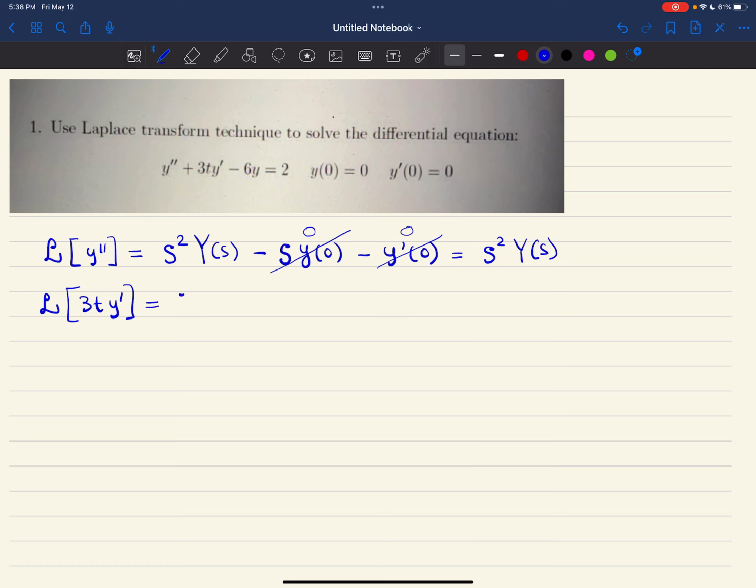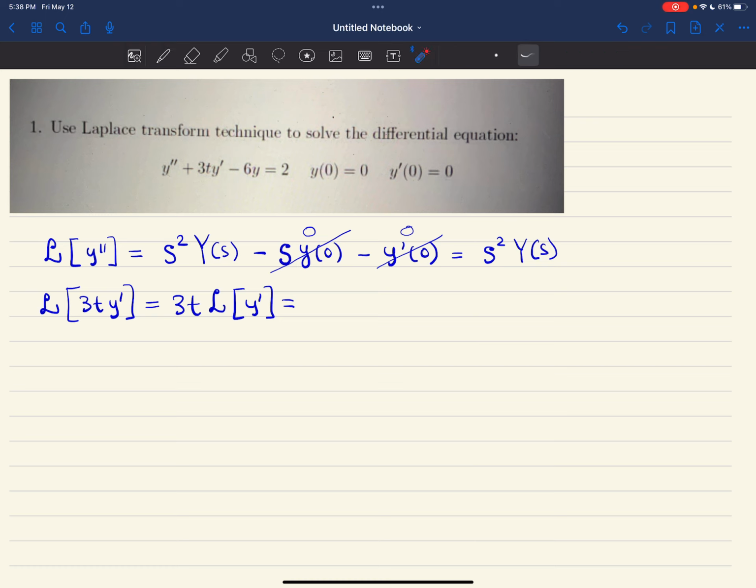You would get something like 3t Laplace of y prime, okay? So let's just do the y prime first, and then we'll add on the part of the t. Actually, let's put everything together, yeah. So